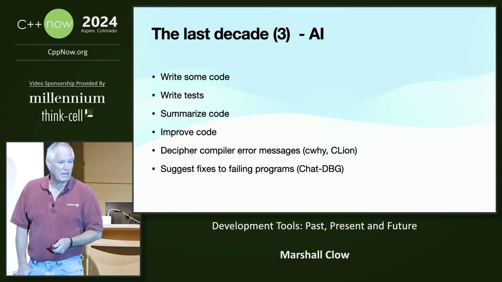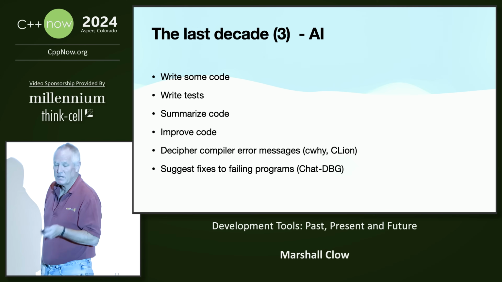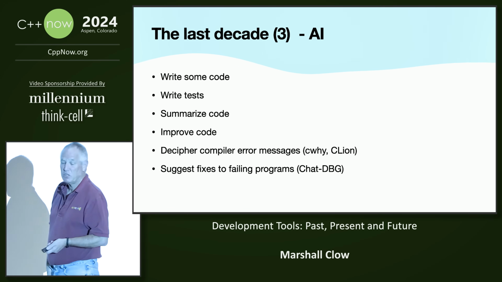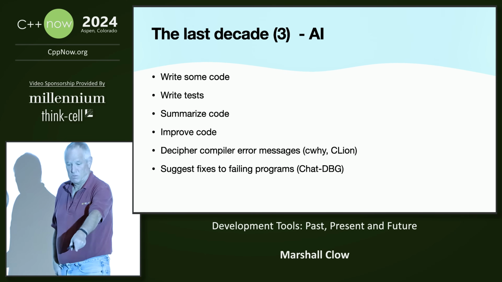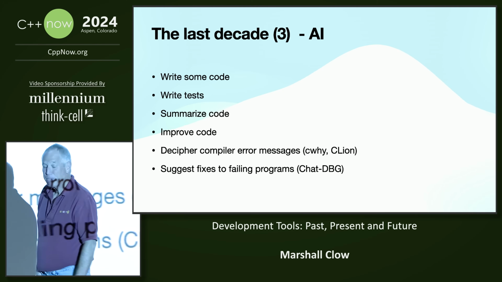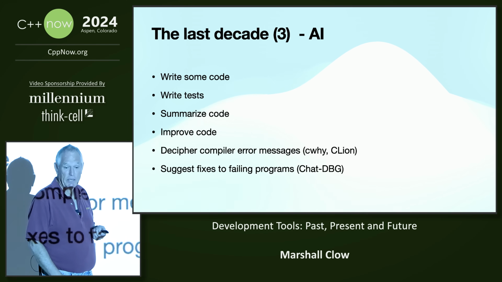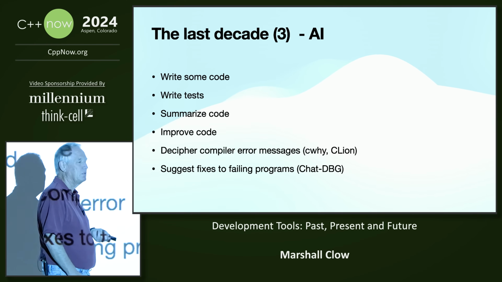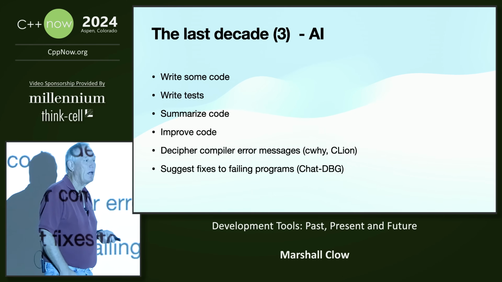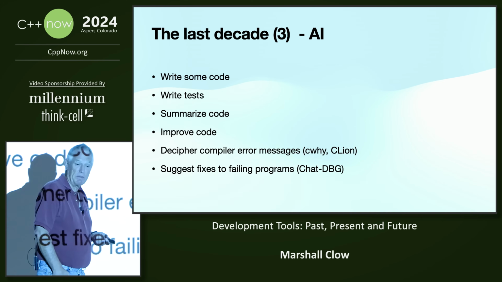Basically, you pipe your compiler output into CY, and with a ChatGPT API key, it spends a little of your money to give you a message that says, oh yeah, this dot here, this should be a semicolon. That's only going to get better. And I suspect that when more compilers start doing SARIF output, or at least have an option for SARIF output, these things will become even more effective.